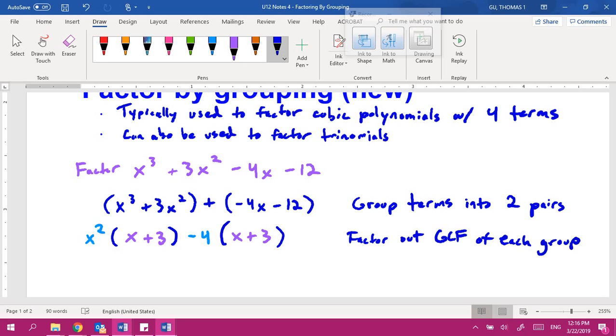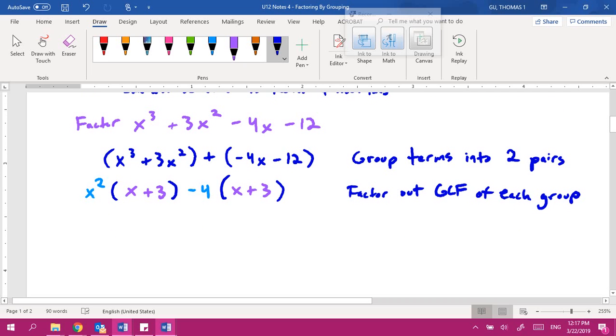Right, because notice if you had just chosen to factor out a positive 4, you would have negative x minus 3 in your parentheses, and that would not match up with your first set of parentheses. All right, so then from here, notice how each of these terms right here is being multiplied by x plus 3, right? There's an x plus 3 attached to each of these terms. So what we're going to do is factor out that x plus 3. We're going to factor the x plus 3 out of each of these terms, like this,